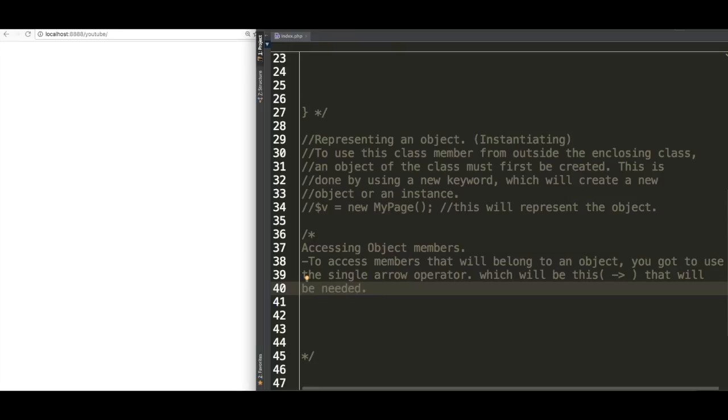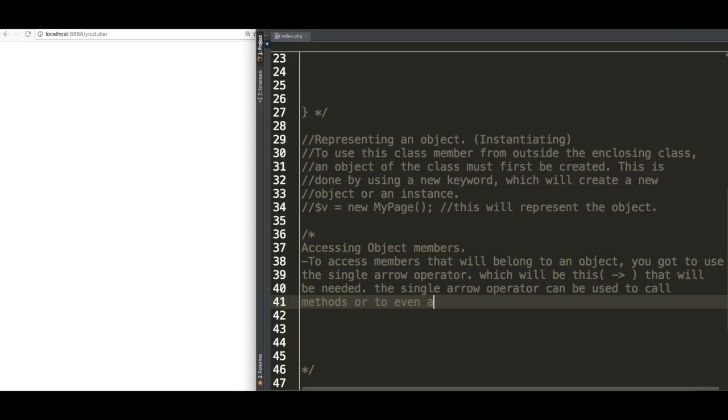It can be used to call methods or to assign values to the properties. The single arrow operator can be used to call methods or even assign values to properties,